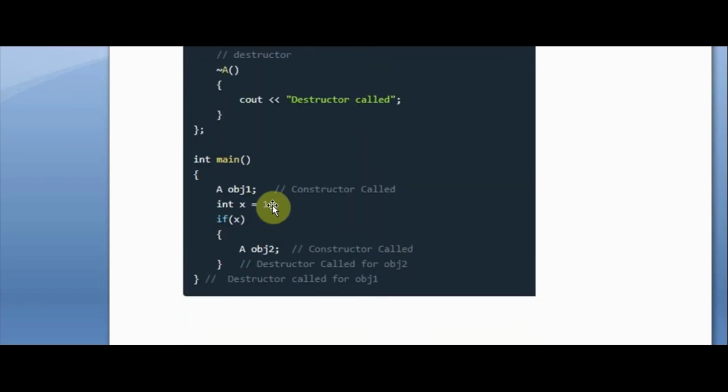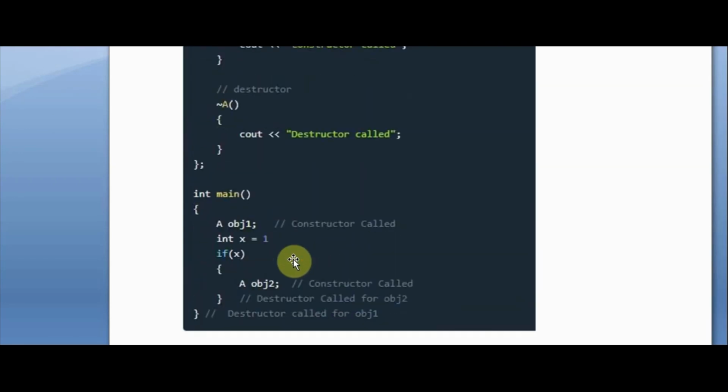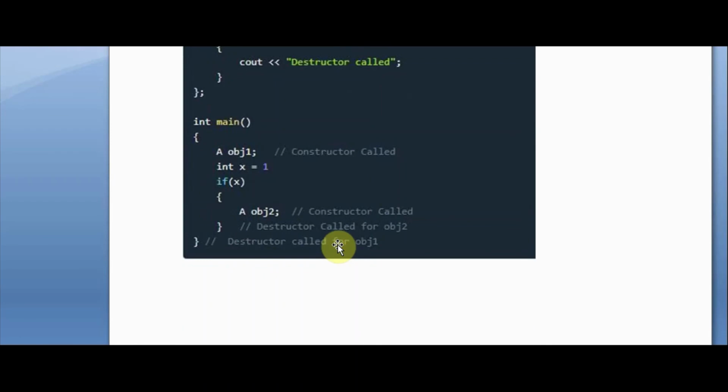Now let us move to the main function. Here I create object obj1. Whenever I create an object, the constructor will be called automatically, and when the scope of the object ends, the destructor will be called automatically and it will destroy this and save some memory.